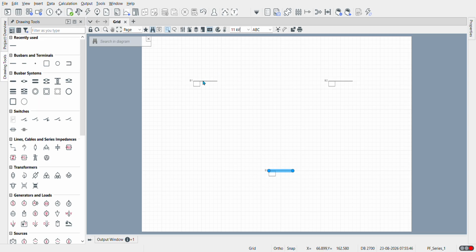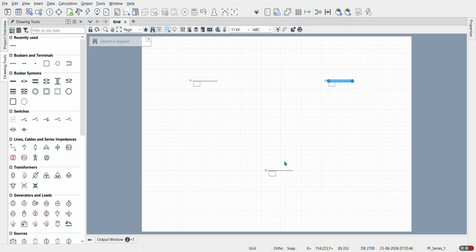Then double click it. It will ask about the type. You see this name, there is a type, right? Click on it, because we don't have any type selected already. So we go for the new project type, and here you mention it as 11 kV and say OK, and again OK. Got it? Similarly, double click it, click on it, new project type, and you see 11 kV